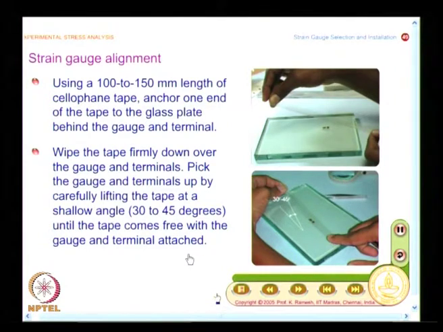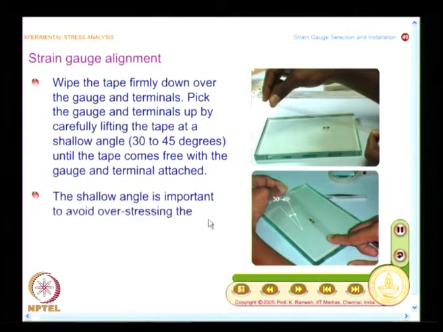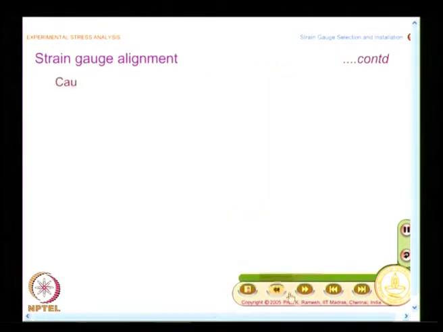So, now you handle only the long cellophane tape with the strain gauge attached for you to align it. So, I can align it appropriately, and you also do that practice on the actual specimen. What you do is you put it and align it, and then only go for actual bonding. And this is emphasized, the shallow angle is important to avoid over stressing the gauge and causing permanent resistance changes. Though this is a trivial information, this needs to be adhered to,